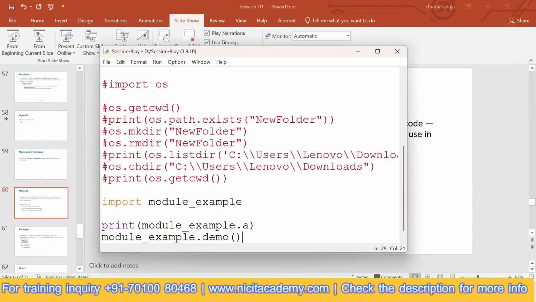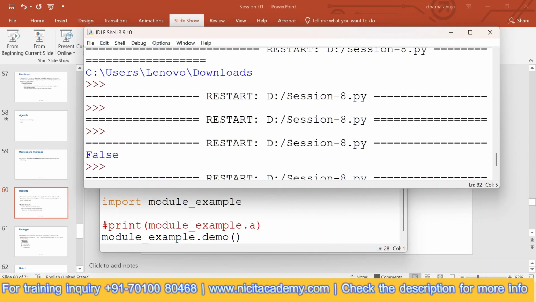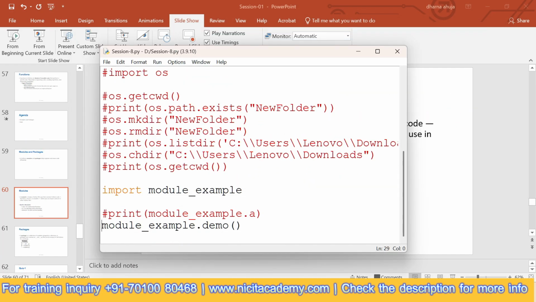Okay, so A I have removed. I will just comment out this. Okay, hello is printed. One thing is, now let's say your module name is very big. Every time we have to write such a big name if we are importing in this manner. So we can give an alias like as me. I can do like this. Then instead of the name itself, I will write me. This is also fine.